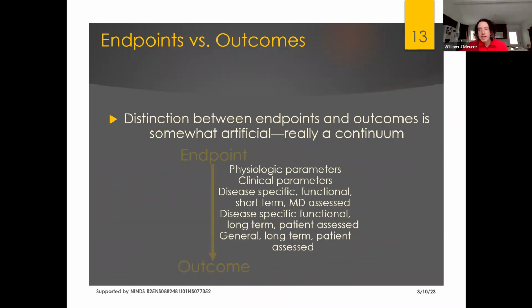So again, as I noted, this is somewhat of an artificial distinction, but things like blood pressure, clinical parameters, disease status, functional status, things that are MD assessed, the ALS specific scales, NIH stroke scale potentially, although that's often used as a baseline predictor and not a final outcome. And then, the more things are assessed at the patient level and across diseases, the more they look like outcomes. But again, it's a somewhat artificial distinction, but it is sometimes helpful to think about whether you're working with an